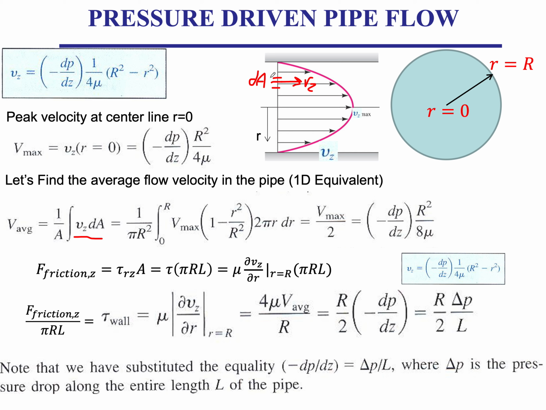And if you look at a side view of this dA that we looked at, it looks like this. It's this area, it's this circular slab. And the velocity, as we said, is into the page. Okay. So you find,